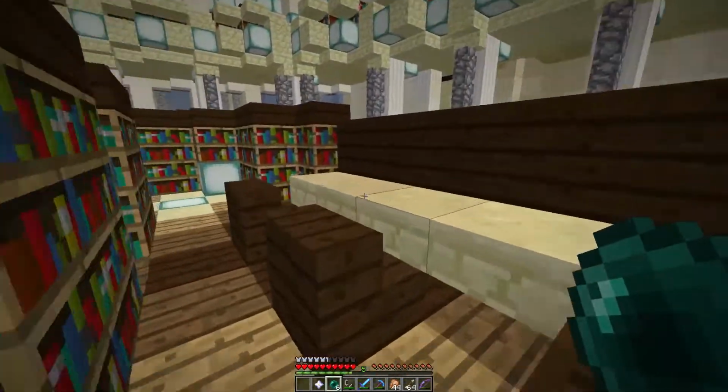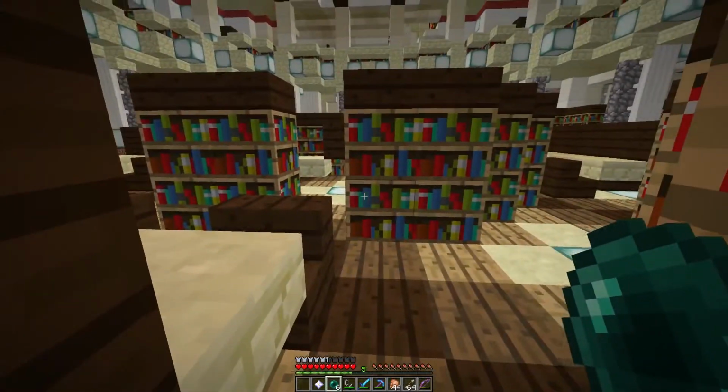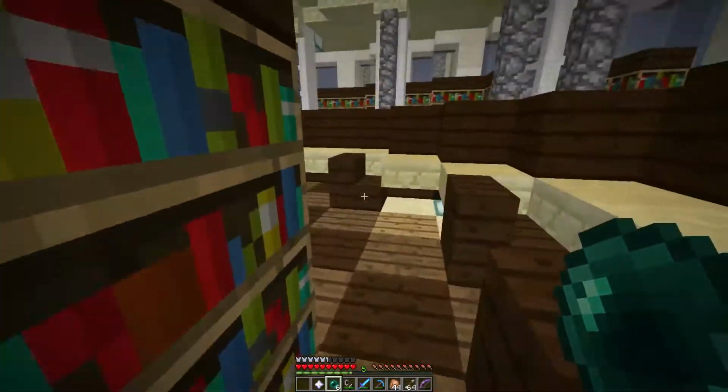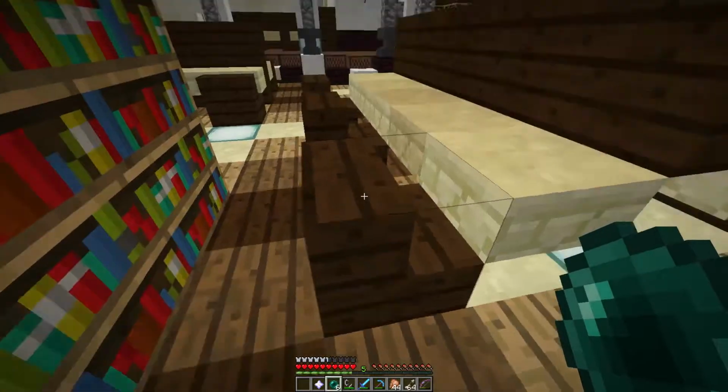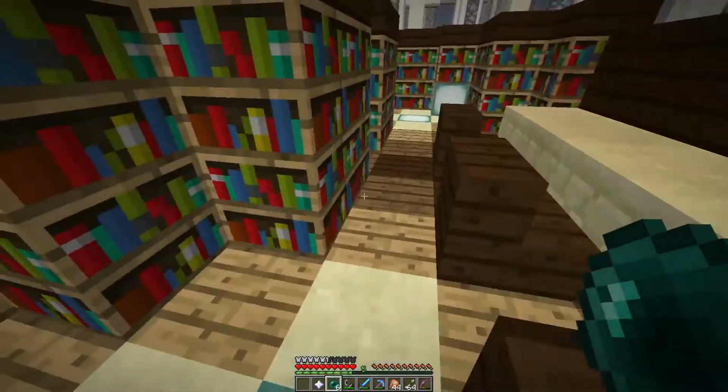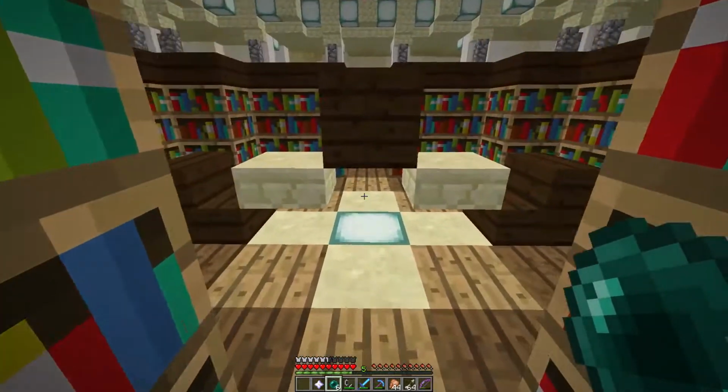But yeah, so we've got all the books and the chairs and the tables, which really is coming to itself. It really looks good. I love the little lighting underneath as well, for the aesthetics of it really more than anything. And you got a middle one